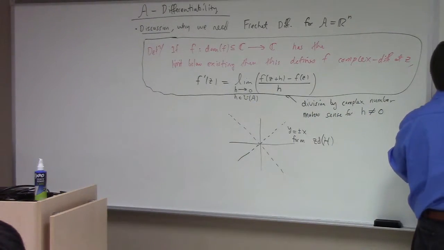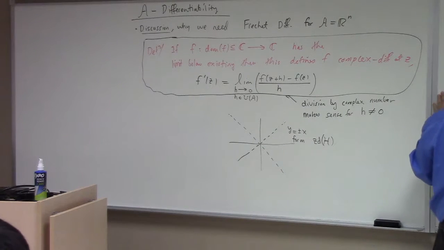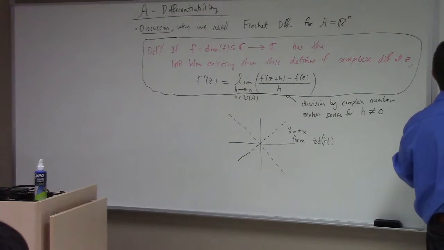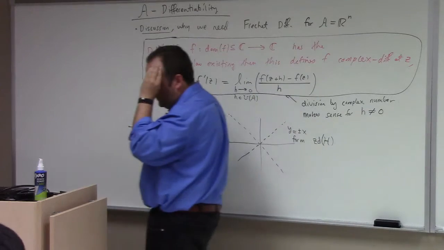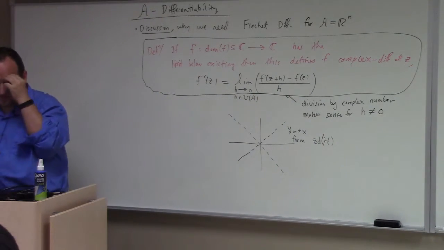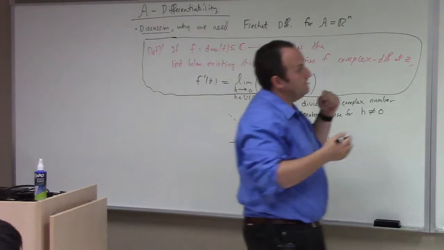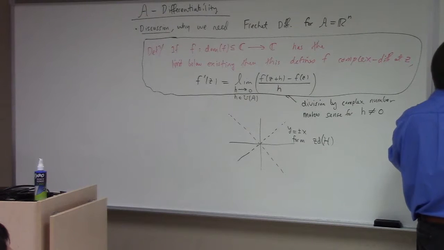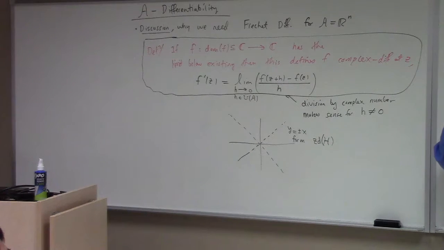So let U be a subset of A, an open set, and F a mapping from U to A, in my language a function. Then we say it is A-differentiable at P, which is of course an element of U, provided